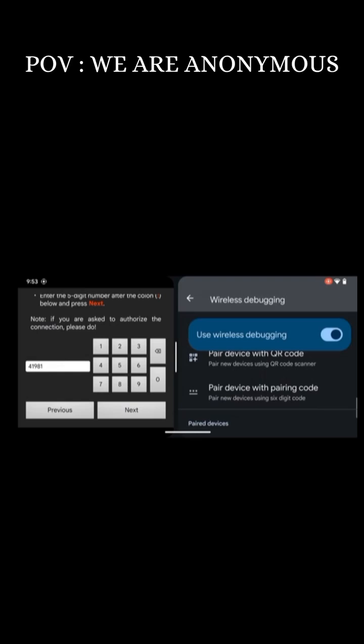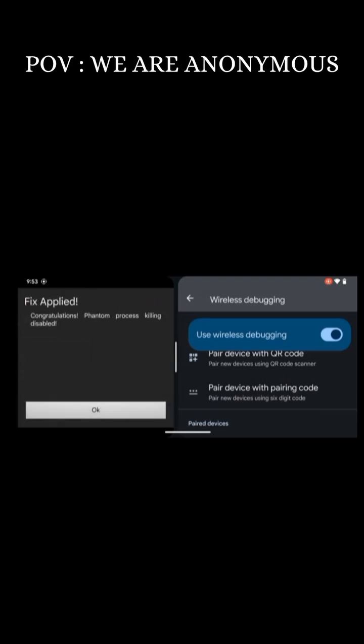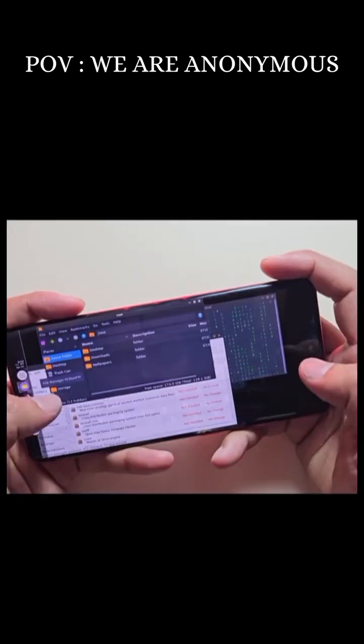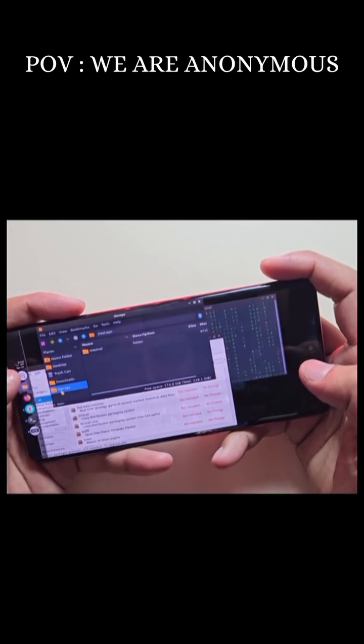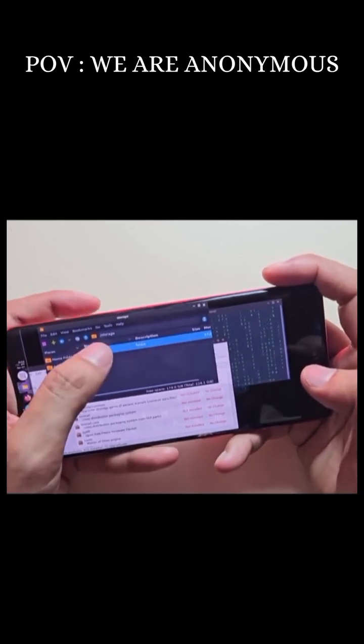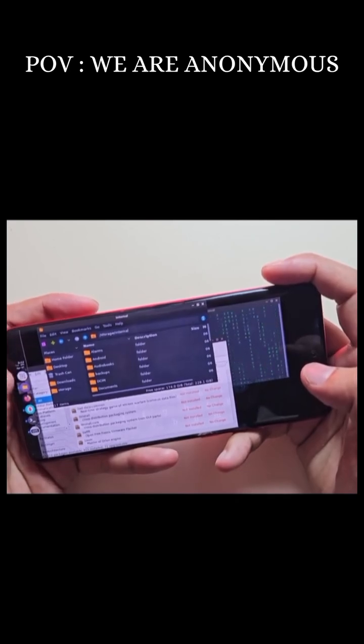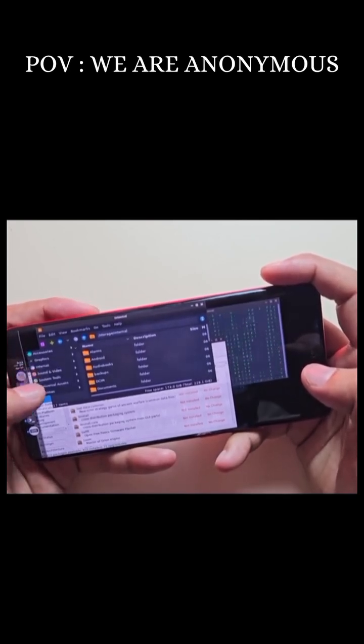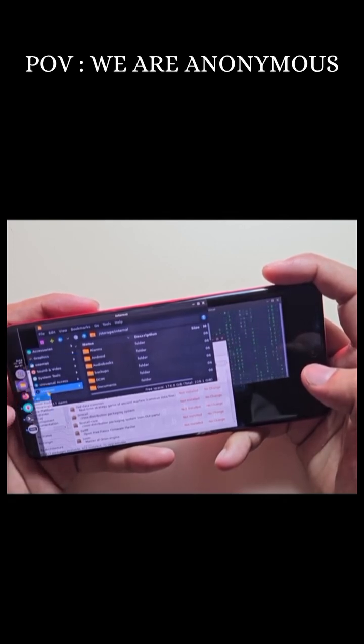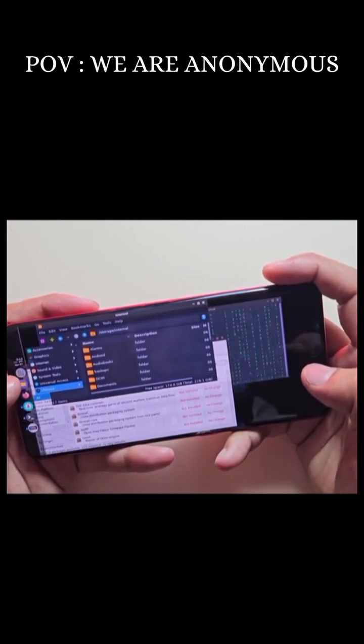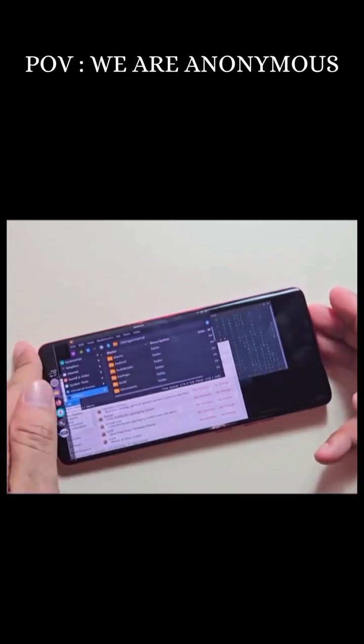For context, phantom processes in Android refer to background applications that aren't actively being used. Since Android 12, the system aggressively manages these processes to optimize battery life and performance. By disabling this feature specifically for GNOME, we ensure our Linux environment remains operational even when running in the background. You now have a fully functional Linux distribution running on your Android device. This setup offers remarkable versatility, allowing you to run desktop